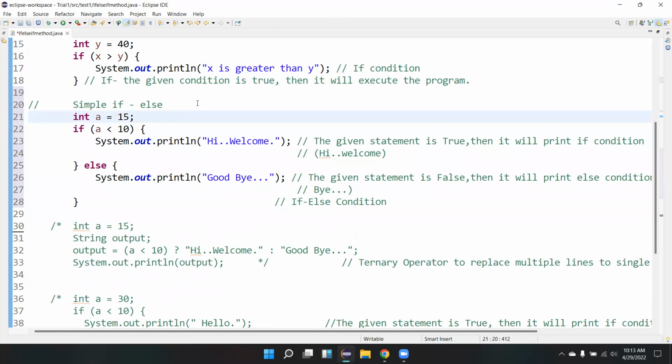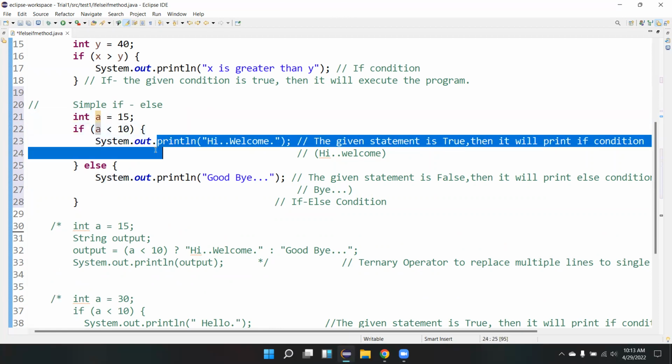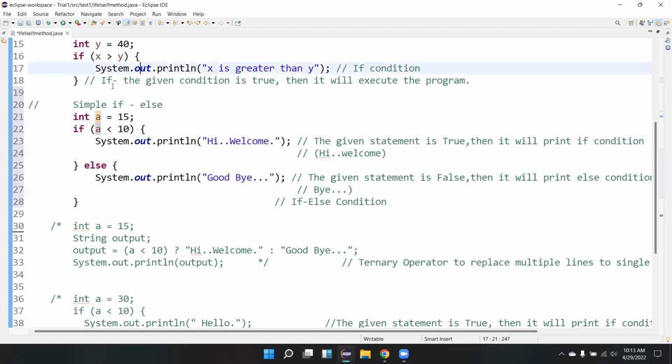So we have declared the variable. Now what we're trying to do is check whether a is greater than a particular value or not. If this condition is true, then it will enter into this. If the condition is false, it was printing empty previously, but now we will say else, you do this.